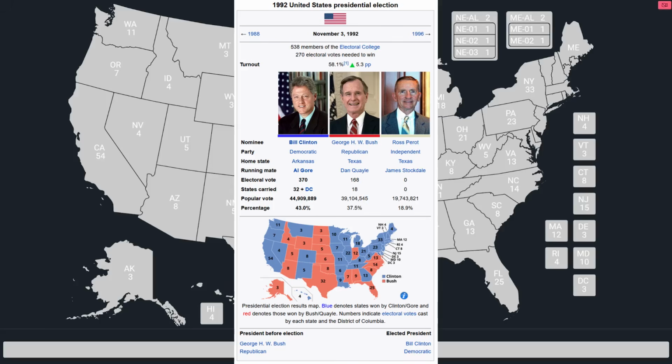It was a three-way race in this election. Ross Perot didn't win any states, but he did get 18.9% of the popular vote nationally. Some people say he cost Bush the election. Others say he would have lost anyway. But Perot's top state was Maine, where he got more than 30% of the vote. His second best was Alaska. And the only two places he got under 10% were D.C. and Mississippi. So Clinton's margin over Bush nationally was 5.5%. We'll see how that margin along with Perot translates down into each state.